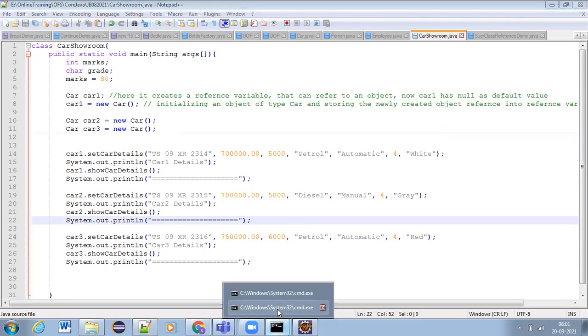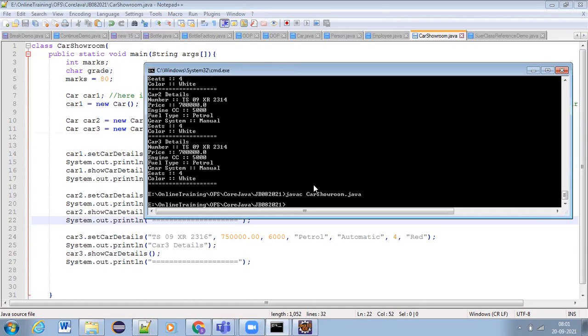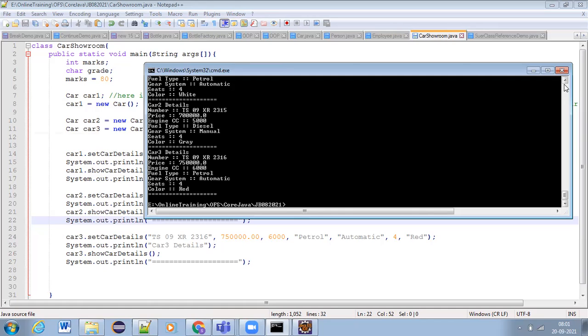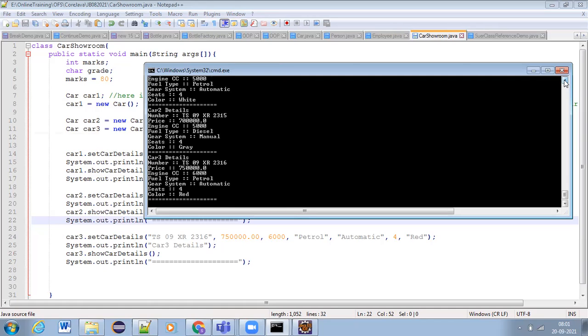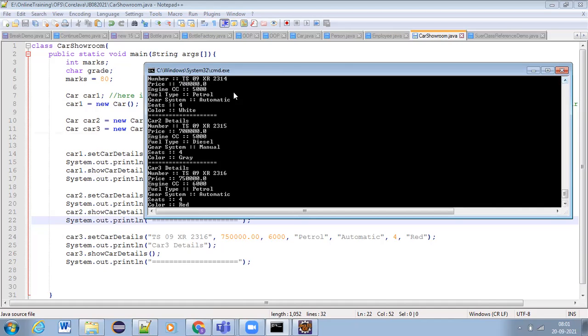Now let's compile the programs and run the car showroom. Now we can see each and every individual car object has its own information, right? See, 2314, 7,05,000, petrol, automatic, seats 4 and white.